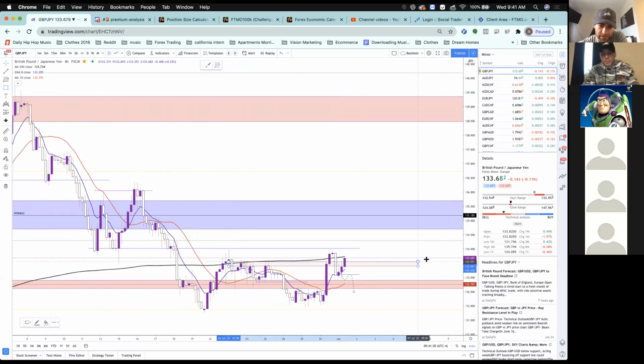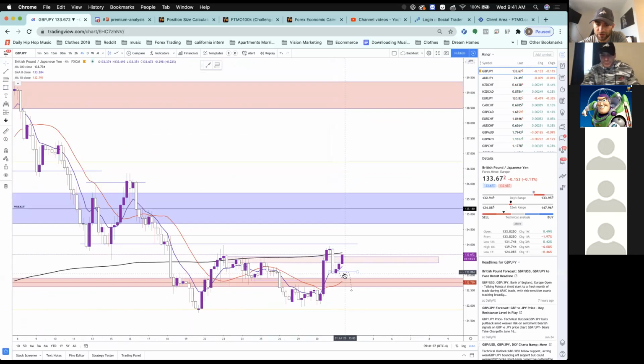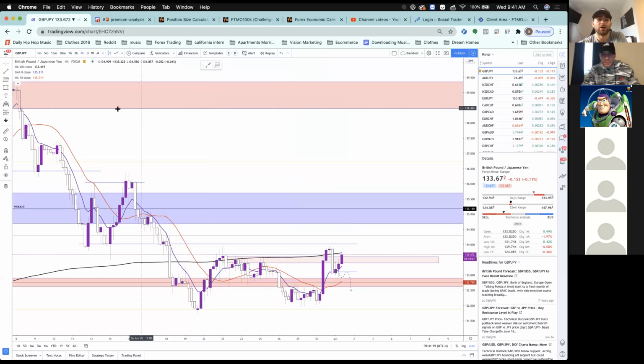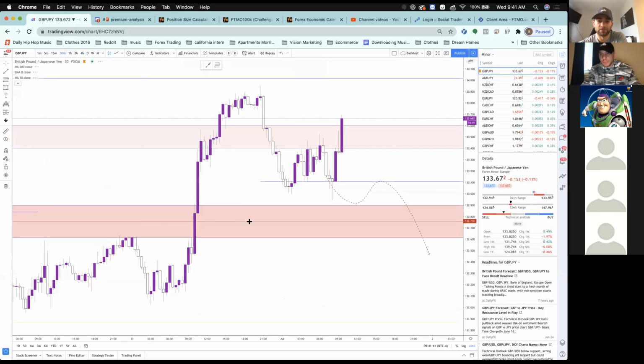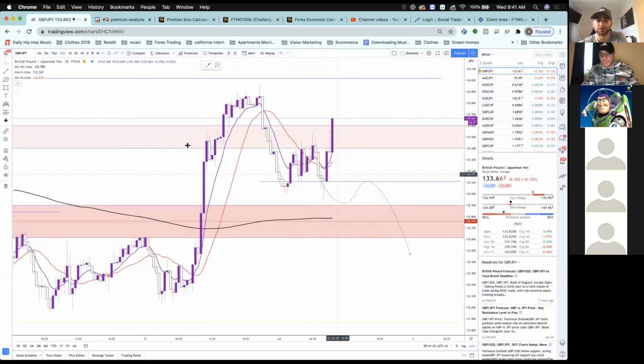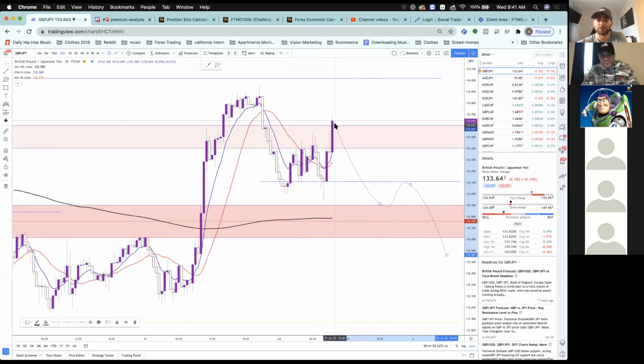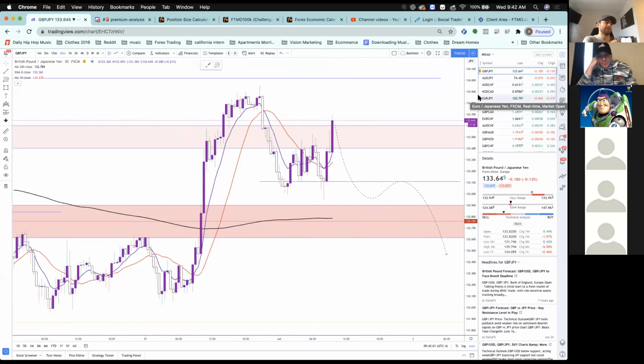We are retesting this area. This isn't a break because we had this tested candle, a Doji Evening Star. Now we're retesting it again. This level needs to hold, guys. What I'm looking for is some sort of rejection, break back through this level. And I would pretty much short as soon as this level is broken because of the momentum that's going to kick in here. So GJ is very similar to GU. We're just anticipating that downward move.